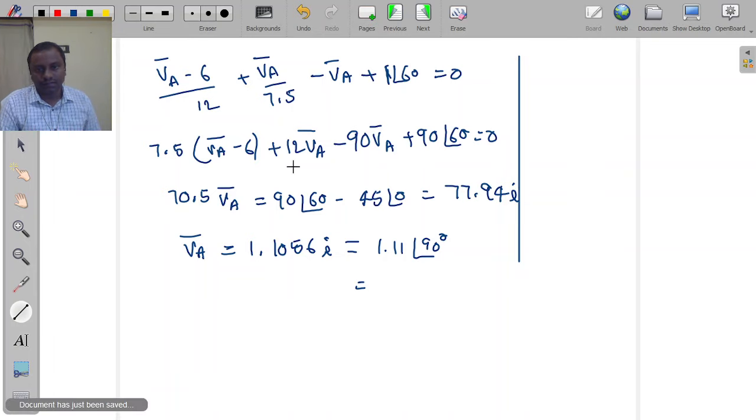See, this is 90 angle 60 minus 45. From this step, how you got it directly means I used the calculator. If you want to do it in the examination, the other way you can do it is, see,